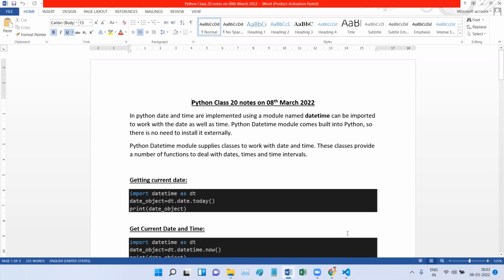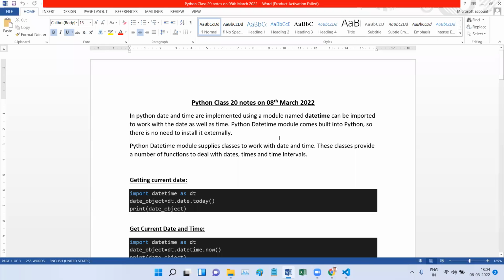Coming to today, we will be dealing with date and time. Date and time are one of the important concepts in any programming language. If you are building an application that uses the concept of date and time, then you will be needing these functions. Your application might be using the date, current time, etc. So when you have requirements to work with date and time, Python also provides support.